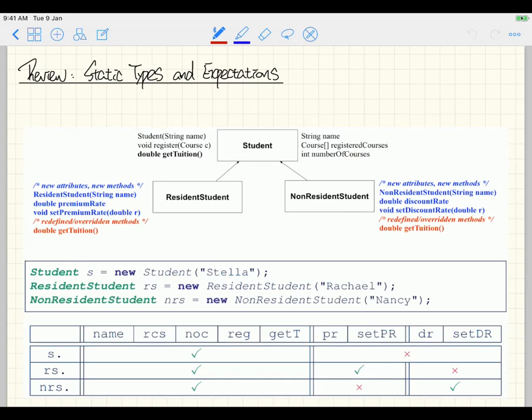Over here, I want you to pay attention to just this attribute again, just S. We know that Student over here is the static type of S. Static type tells us about the expectations. So what's really an expectation? Expectation simply means what methods or attributes can you call on this particular variable given its